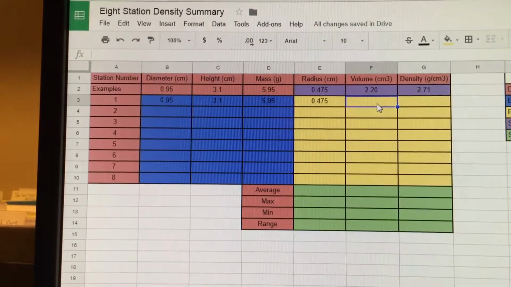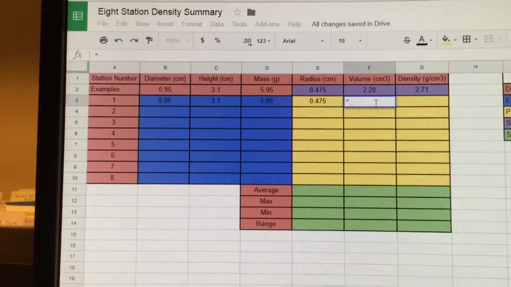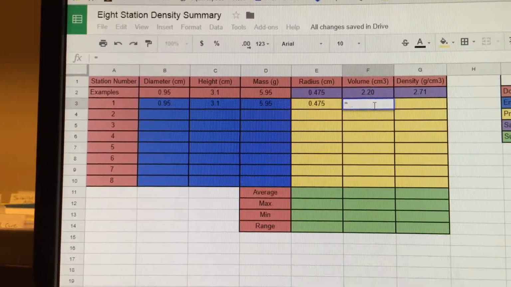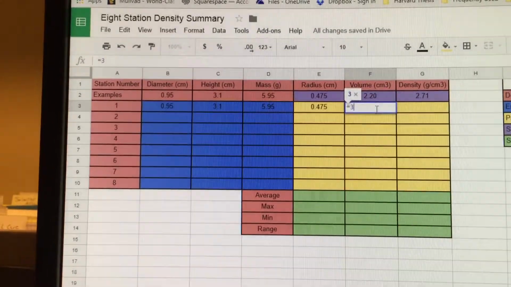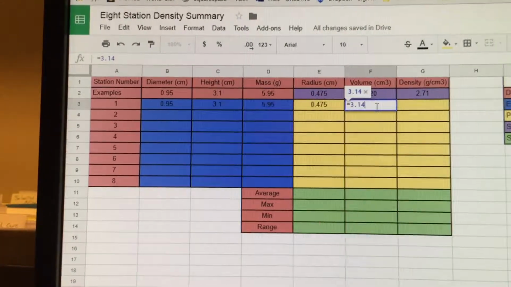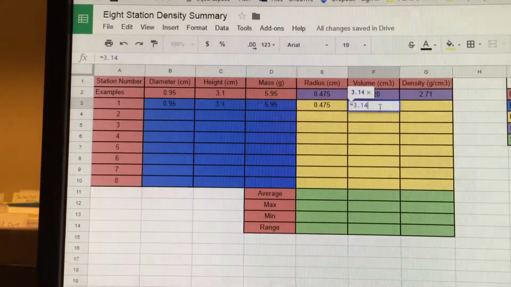To calculate the volume, you have to use the formula pi r squared. So again, we use equals to indicate that a formula is coming. We then proceed to type in a number for pi, 3.14 works. And this is a set of multiplications. So we'll multiply by,